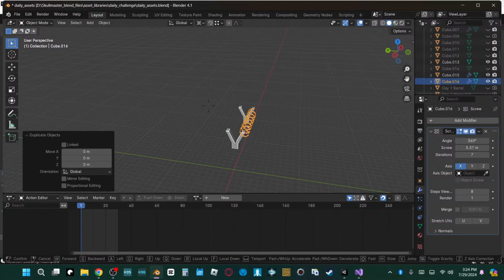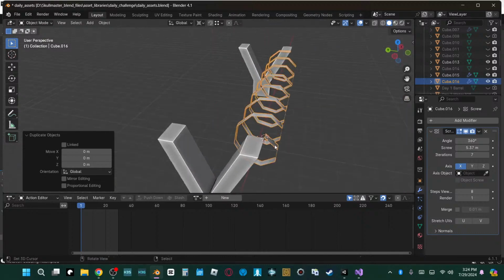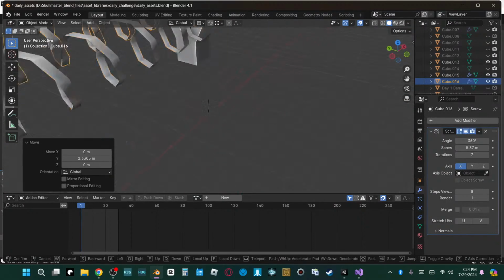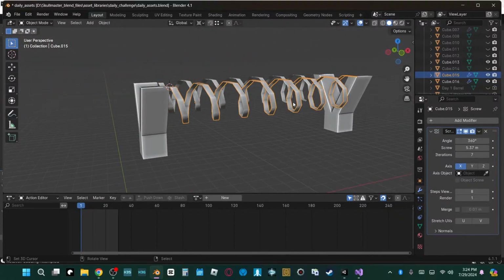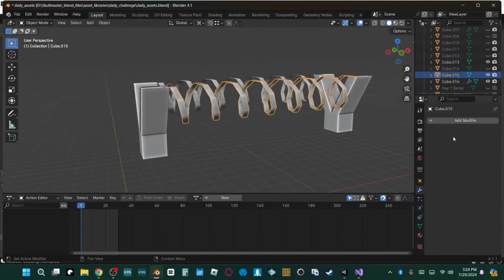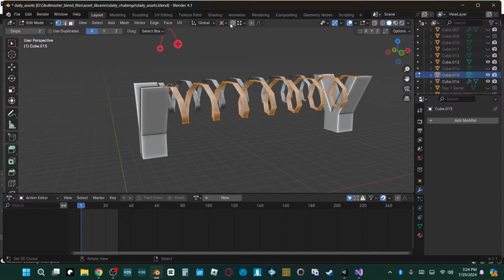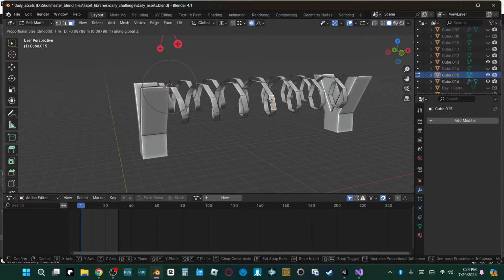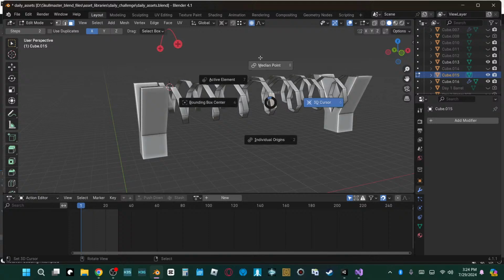There is 2 of them, right? Like, I'll put 2 just in case. Alright, so I'm gonna apply this modifier. And then using this, I wanna